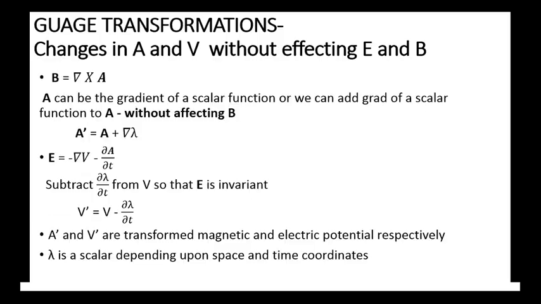Now, moving on to gauge transformation. What is meant by gauge transformation? We are making changes in potential without affecting electric field and magnetic field. So such transformations are known as gauge transformation. We know that potentials are related to fields. So we are changing the potentials so that there will not be any change in fields, and such transformations are